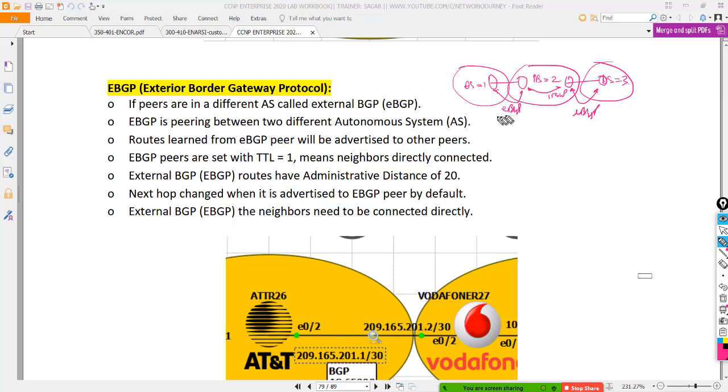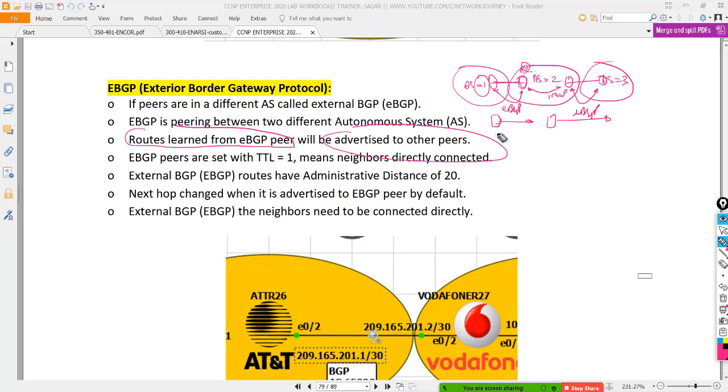In the case of eBGP, routes learned from eBGP will be advertised. So any prefix you send across to R2 will be learned easily by R2, because you have a looping prevention mechanism integrated. As I told you, when the prefixes go from AS to AS, something gets prepended, that is the AS value.